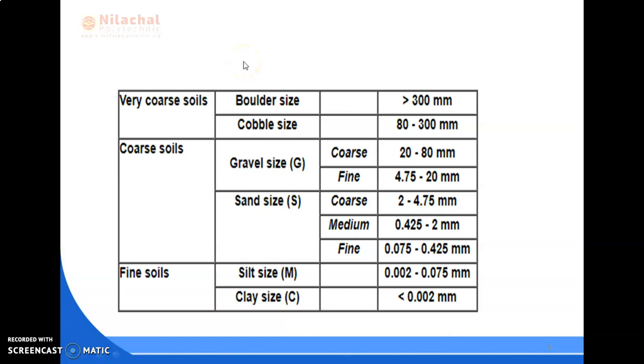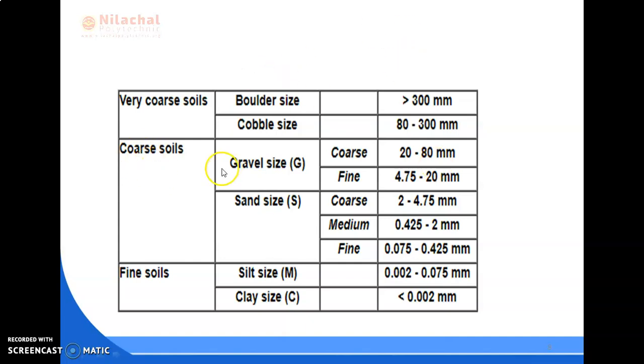Then next is cobble. Its particle size range is 80 to 300 mm. It is also round to angular in shape, bulky, hard rock particle, and its average diameter is this much. It is given here, smaller than 300 mm or 30 cm, but retained on the 80 mm sieve. Then